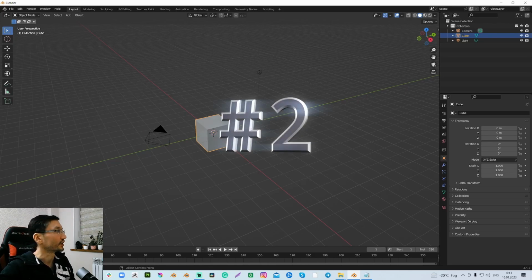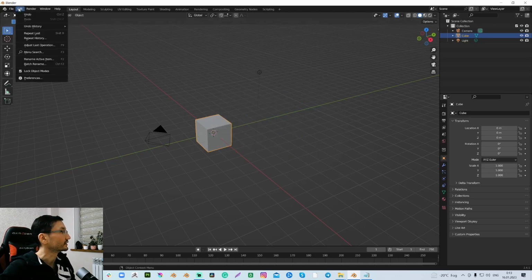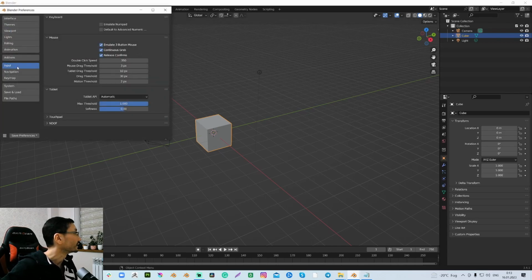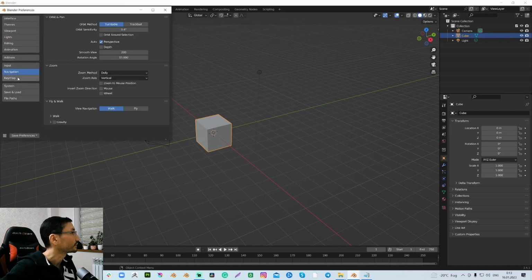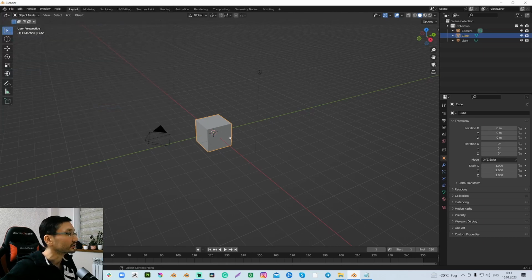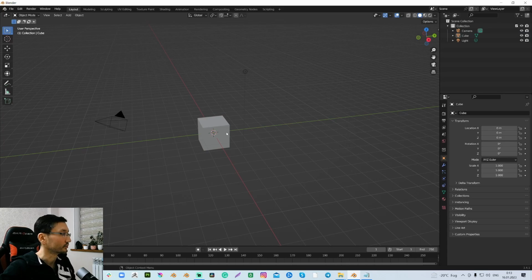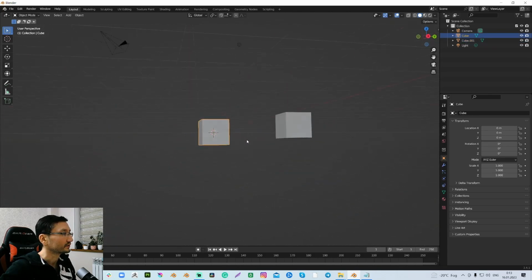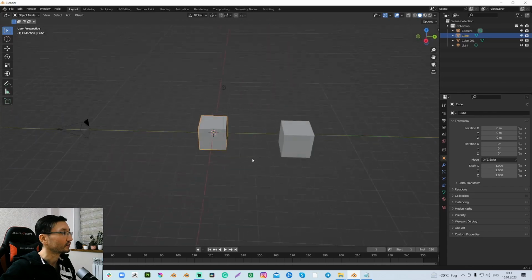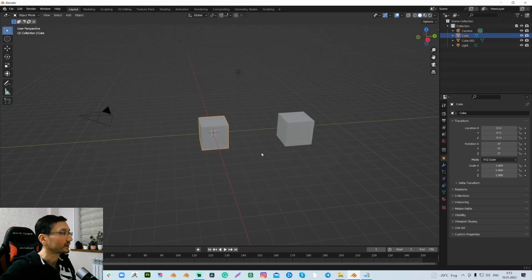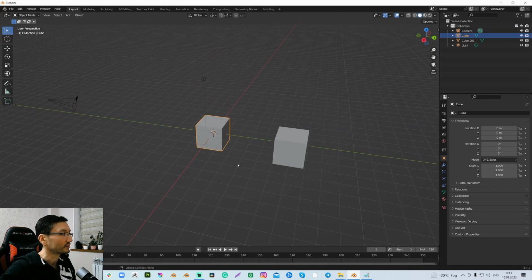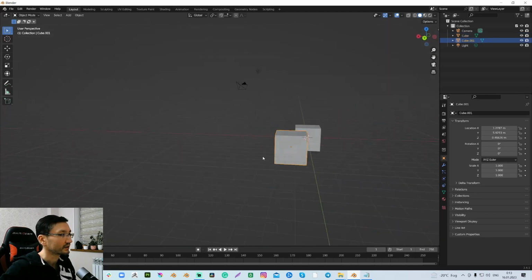Next, what I'm going to change is I'm going to edit preferences again, and here I will click on navigation tab and orbit around selection and close the window. And what this will do, let's say I will select the object, Shift D to duplicate it, and if I select one object and then want to orbit, my view camera will orbit around this object. And if I select the second,